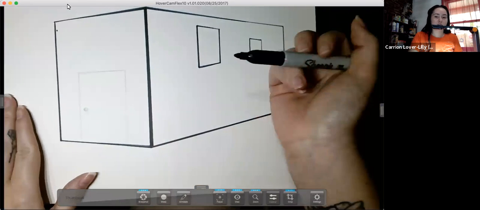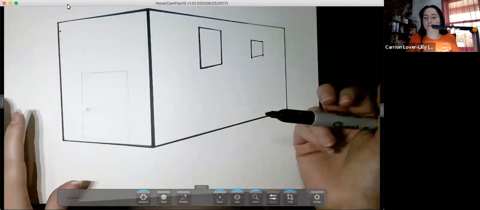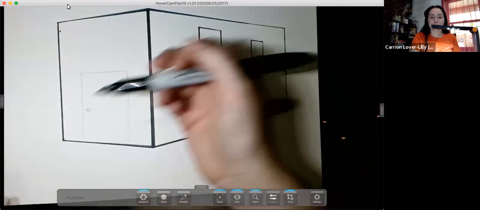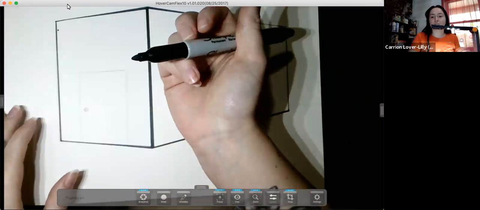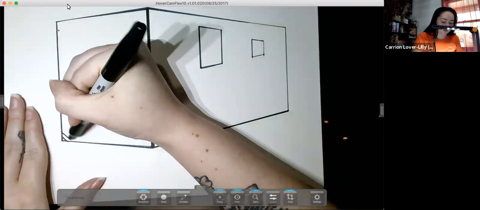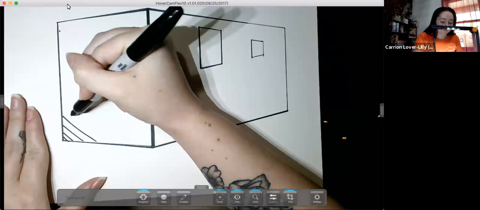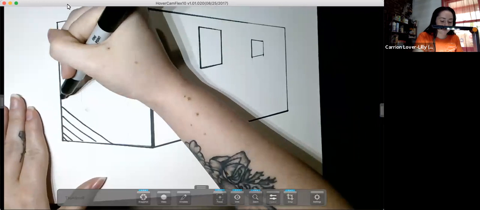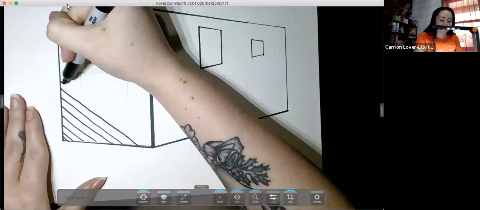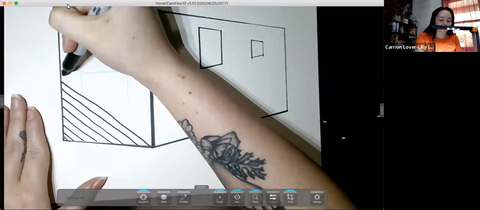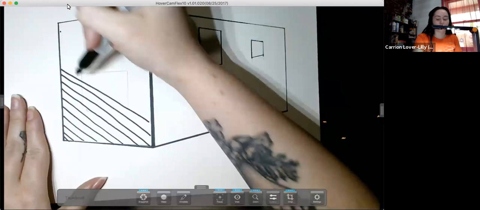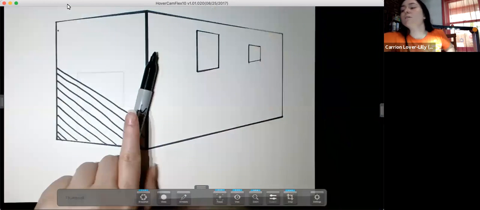pretty dark. So you can choose to do this with a ruler if you want your lines to be really straight and perfect. I'm gonna go freehand because I don't mind if they're a little bit wiggly wobbly. So I'll just start doing some cross hatching. And I am really trying to pay attention to the value that I see in Tinkercad and replicate that value in my drawing. And you might find it helpful to actually